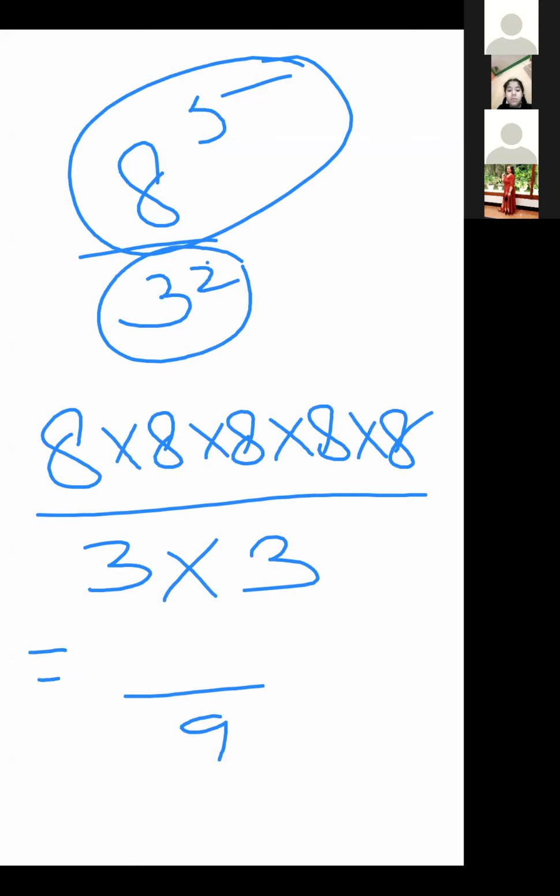3 3s are 9. I'll write it here, 9. You multiply 3 2 7 6 8. Okay. 3 2 7 6 8. Ragvi said that this is the answer. Okay. Good. Understood all of you?